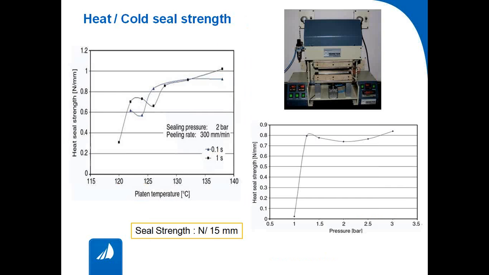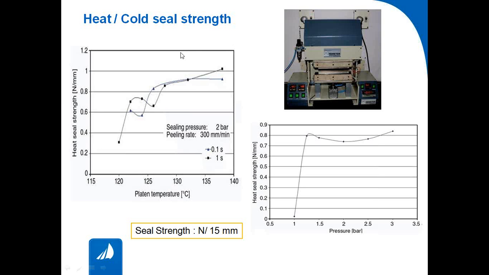Heat and cold seal: what we do is that we just take a sample. You can see a sealer on the right hand corner of the slide. We use a heat sealer. If we put the heaters off, then it's a cold sealer. There are two jaws which are actuated by pneumatic pressure, so you can control the pressure given to the top and bottom jaws,